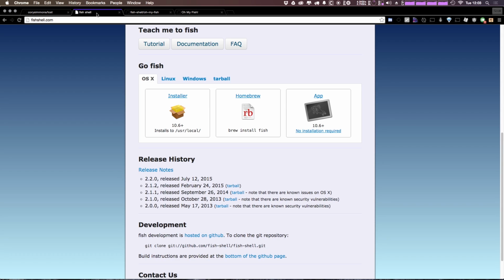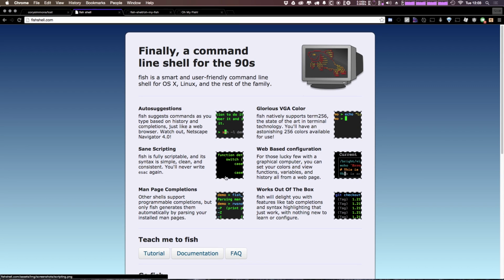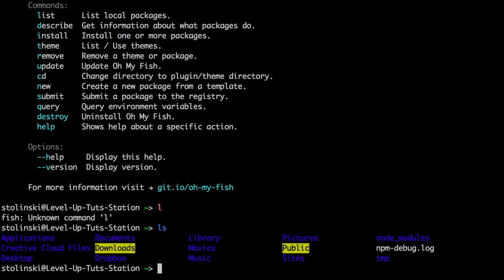Now if we come back to why you want to use fish shell, there's a lot of really great things like the scripting language, web-based configuration, even just the color, how easy it is to install, but really my personal favorite thing is the auto suggestions. It seems sort of ridiculous, but that to me is a killer feature. So let's say I'm in my personal directory here and I want to go to my sites folder. I can type in cd sites, and as you can see it gives me this auto completion that's very visual,